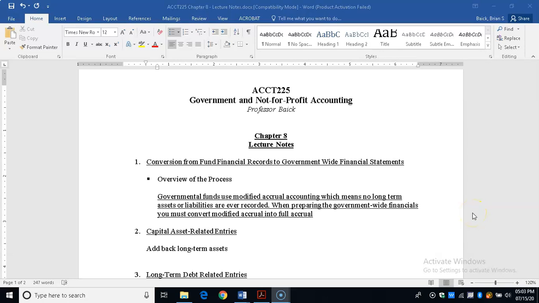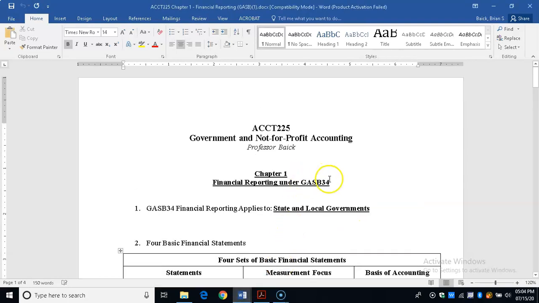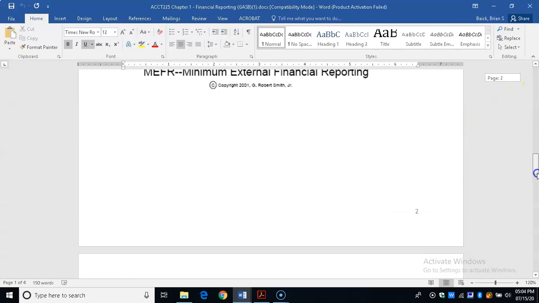For the Chapter 8 lecture notes, what we'll be doing is talking about converting governmental funds into the government-wide set of financial statements. So in the Chapter 1 lecture notes, you don't have to turn to it, but I just want to show you here, financial reporting under GASB 34. On the last page,